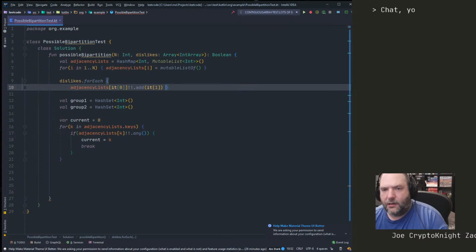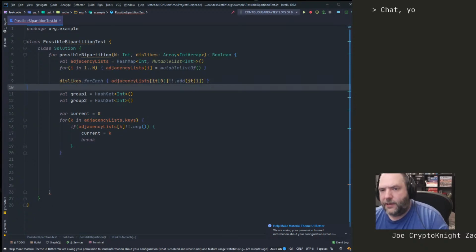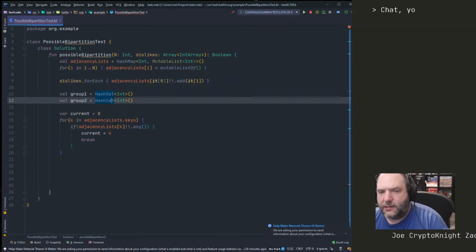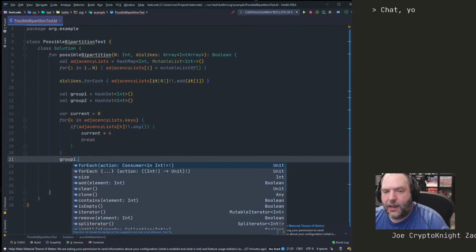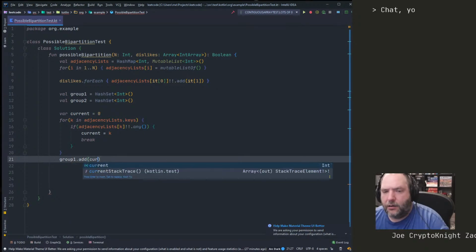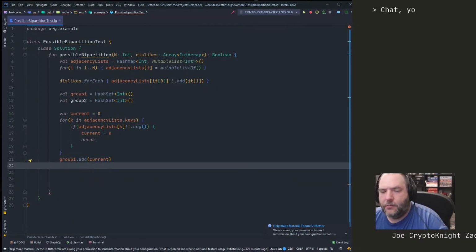Doing a lot of looping here. Like we know that the input size is pretty small. I think they said 2,000. So that should be okay. This doesn't technically affect our runtime, but it's not going to go very fast. So we find our first item with an element. So we can say group1.add current. There we go. So now what we can do